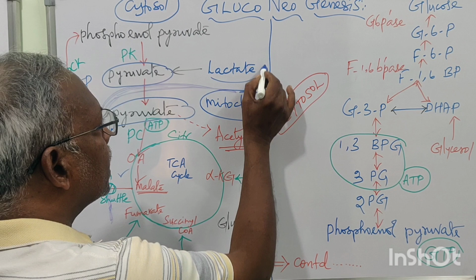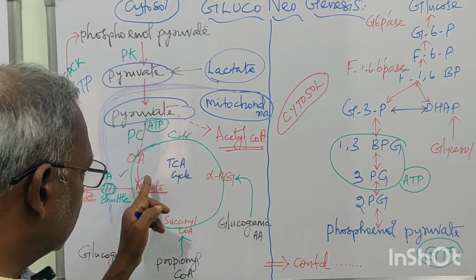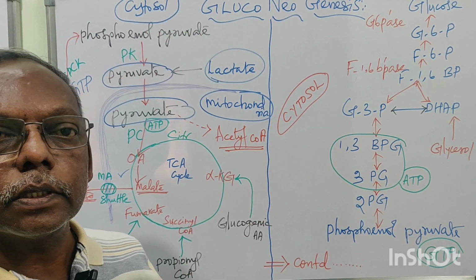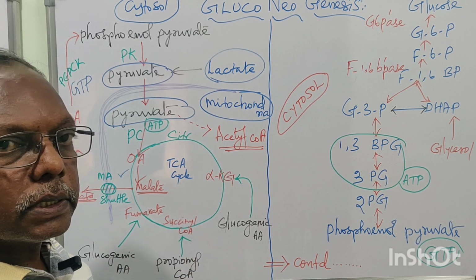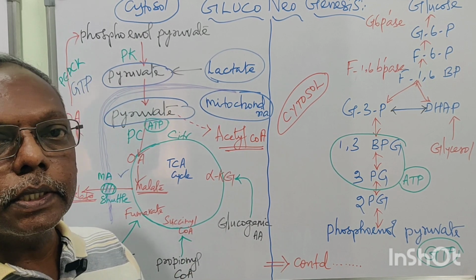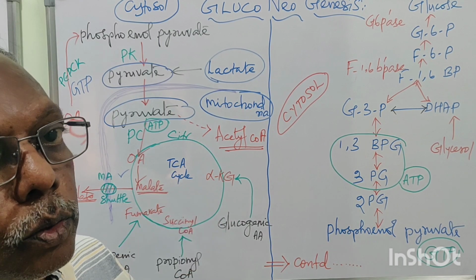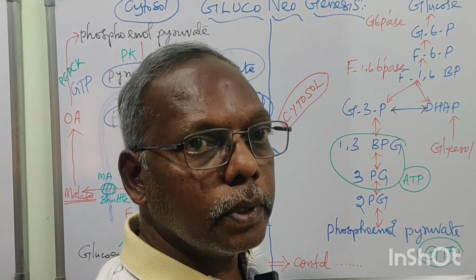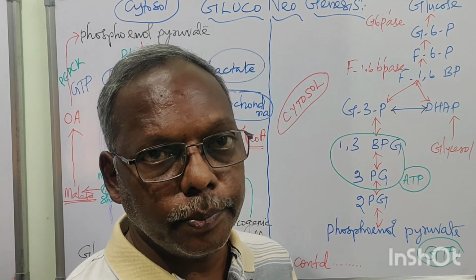Actually, lactate is another substrate which will be converted into pyruvate, again enters the gluconeogenic pathway, finally produces glucose. That is why lactate is here. Glucogenic amino acids are there. Propionyl-CoA is there. Next, how to extend the diagram or how to complete the diagram. So your next available product is phosphoenol pyruvate, made with the help of GTP.